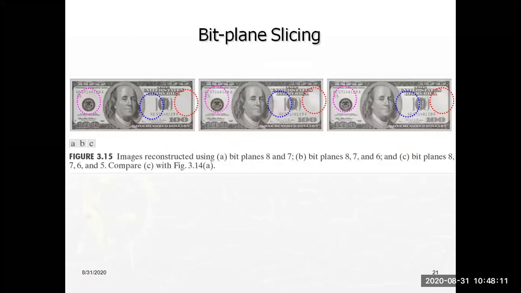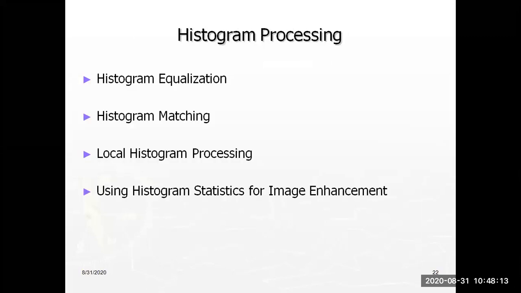In today's class we discussed histogram processing, and we have defined histogram processing also. First of all, a histogram is nothing but the repetition or the probability of a particular intensity value over an image. That is called a histogram. Simply, the probability of a particular intensity value in an image is called a histogram.